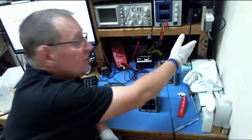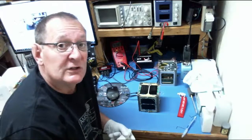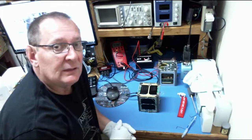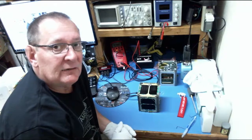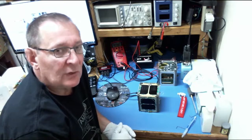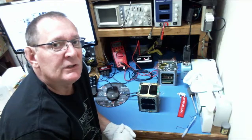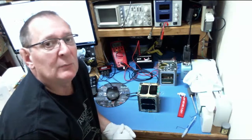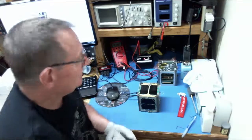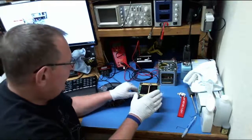For your information, how is it charged? We've got this charger over here. It's a simple USB charger I picked up from Radio Shack. It puts out about 5.1 volts, and that, as I said, is switched through the umbilical battery tender, connected directly into the satellite. We have a couple of diodes in series that drop the voltage from 5.1 to 4.3, 4.35, which is the voltage that the batteries like to see. So it's a pretty simple operation as far as charging goes. You can take it practically anywhere, plug it in the wall, plug it in the satellite, and there you go. So I will shut off the tender and the voltmeter, disconnect the umbilical,